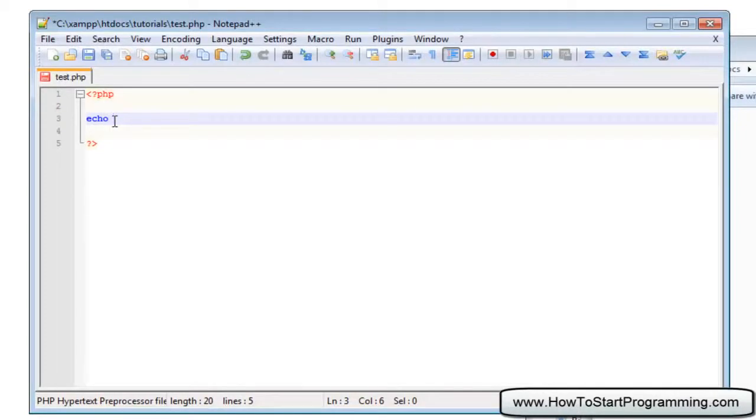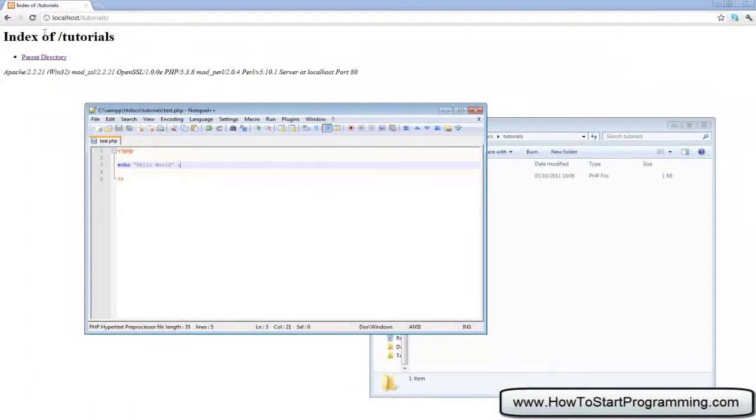So what we need to do is hit the quotation mark button, and then we need to type what we want to output. And for this we're going to simply type hello world. And when you finish typing what you want to output, you just hit the quotation mark again. And after that, this is one of the fundamentals of PHP. Every statement in PHP will end with a semicolon, so you need to put this semicolon in at the end. So if you wanted to do another echo down here, you need to put a semicolon after that. So if we save this now, and we go to tutorials test.php,